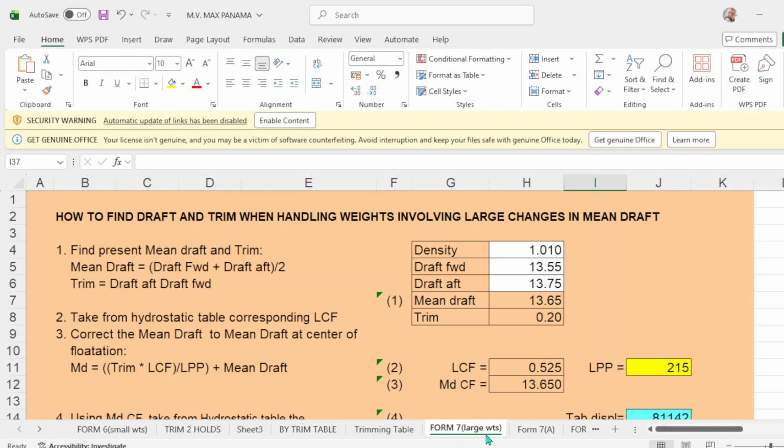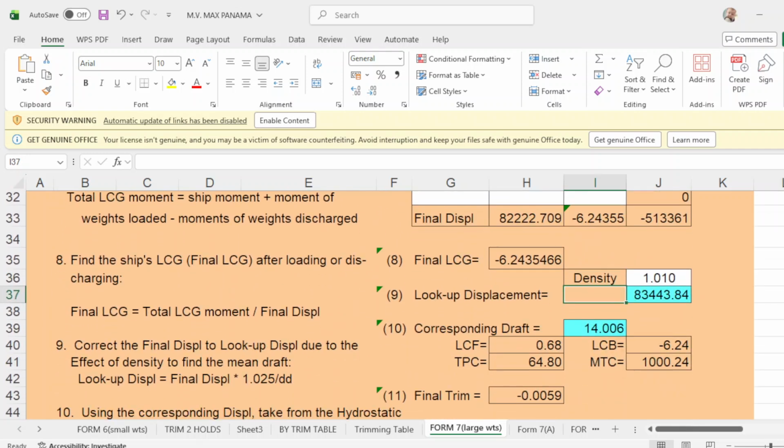Okay, for number 7, large weights, which is how to find drop and trim when handling weights involving large changes of mean drop. In this program, you will use the density of 1.010 until the completion of your loading. Then you put here the drop of density 1.010.